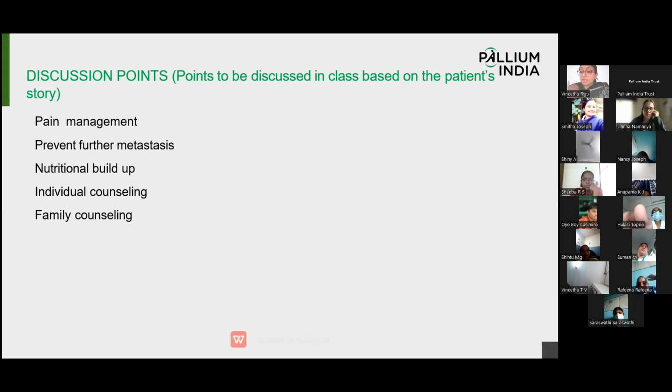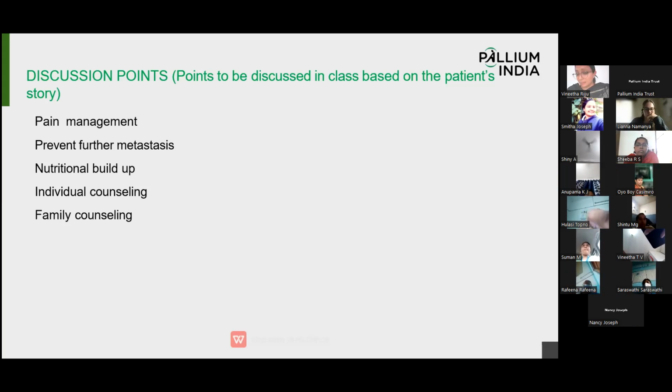And also that she is bound to develop oral ulcers and oral candidiasis. So good oral hygiene is very important. She might also develop distaste in the mouth, which can also be a reason for nausea, vomiting, things like that. These are all side effects of the chemotherapy. And capecitabine is a drug which can cause diarrhea in patients. So when she is taking her laxatives, ask her to keep this in mind.